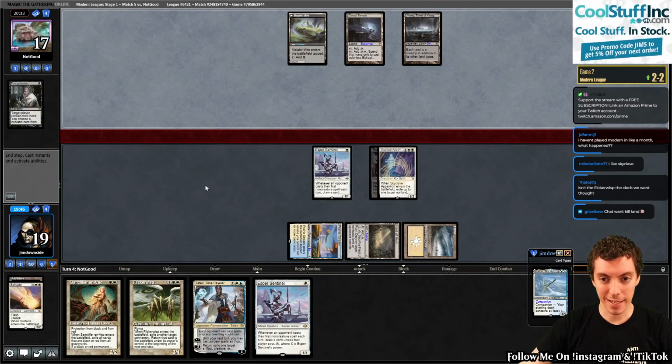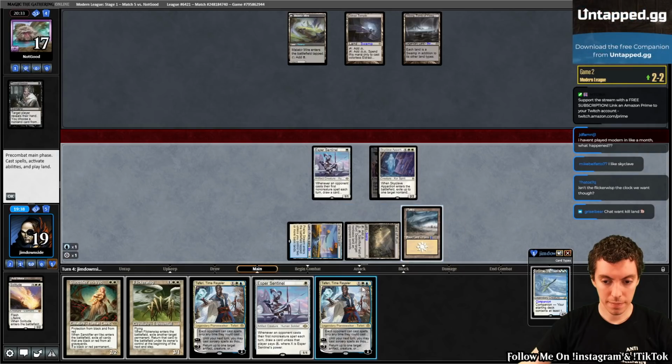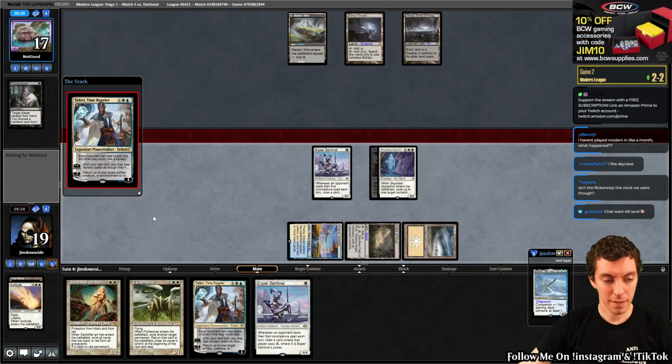Chad wants to kill the land. And they already have all these black lands, you know? What are we going to kill the land for? It's a Fairy Time Raveler. Alright, let's cast the Fairy. See what's going to happen. Really want to make a land drop here, but...